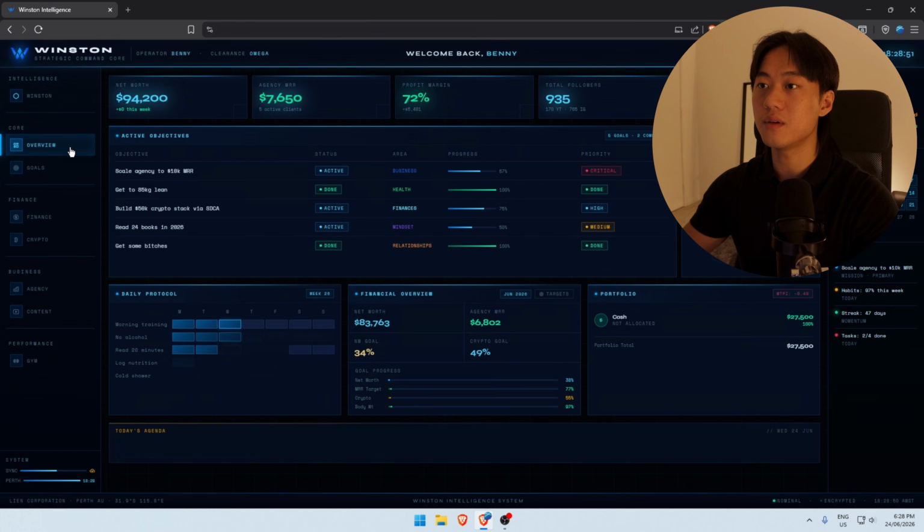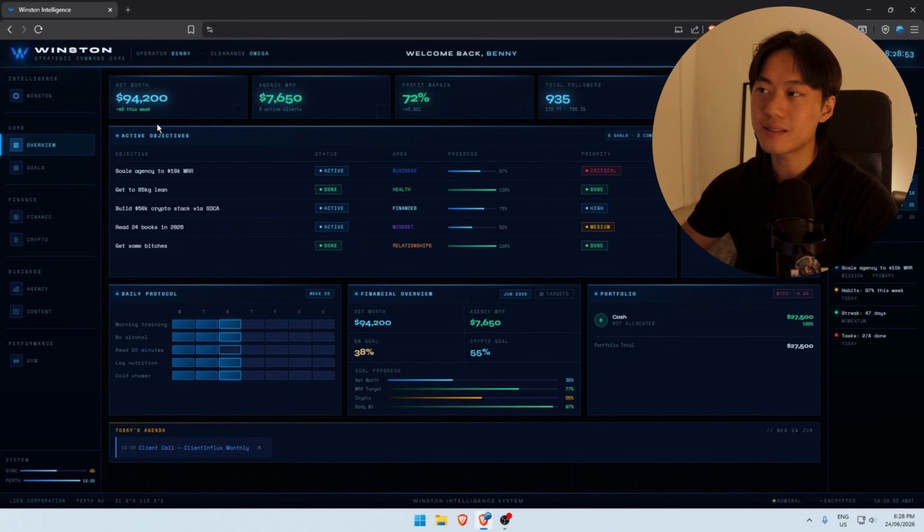So moving on into the dashboard, it's similar to the layout that I had in the previous episode. We've got all the KPIs that dictate how we're doing in our life. We've got the active objectives. I've categorized it as well into business, health, finances, mindset, relationship goals, and then you can add sub goals underneath the main goal. Daily protocol, so all the habits that I do daily. Financial overview, portfolio for your crypto, and also we have today's agenda, which just tells you everything that you have